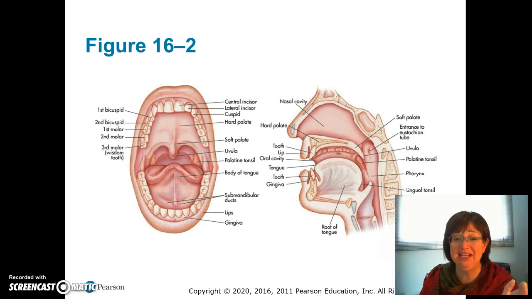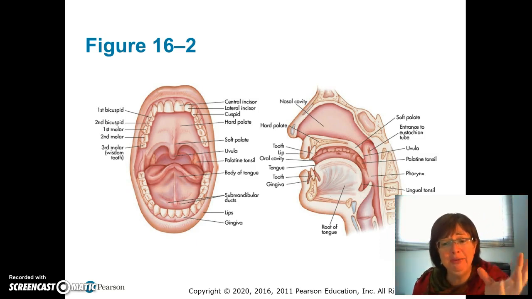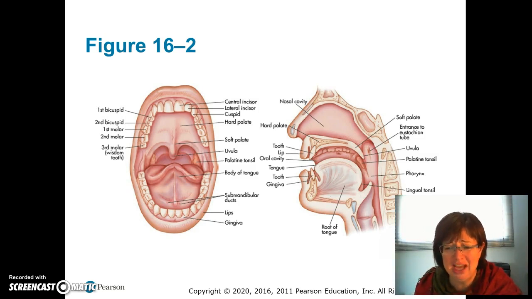Anyway, here's the mouth. I want you to be aware that you have different types of teeth. I won't quiz you on the different types of teeth, but we'll look at the basic anatomy of the tooth. Notice the ones in front, the incisors, those are